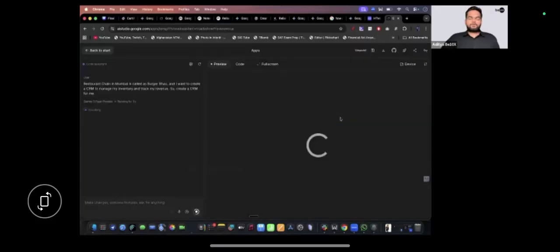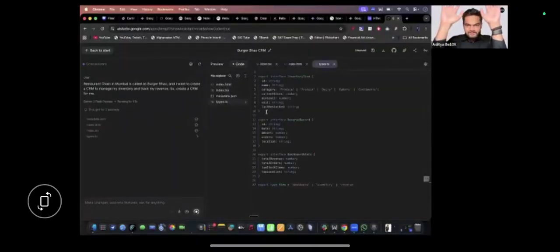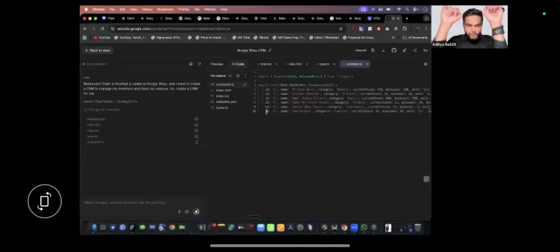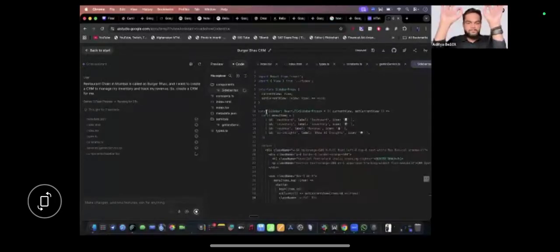Folks, my hands are up in the air. You can see it has already started planning everything. It is right now thinking. Now it has started coding. It is writing the front end code, the back end code, everything. It is selecting the images and everything. Who is absolutely mind blown? Drop AMB in the chat box.